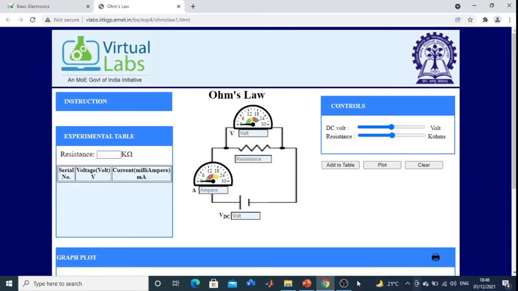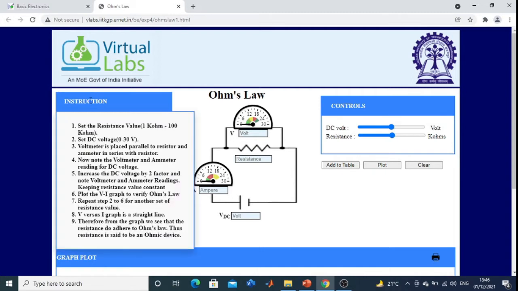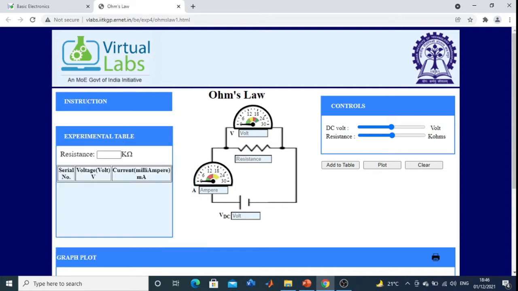Now this is the circuit. Here the instruction is there. Just read the instruction. Set the resistance value between 1 kilo ohm to 100 kilo ohm. Set the DC voltage 0 to 30 volt. So first you set the value of resistance between 1 and 100 kilo ohm.